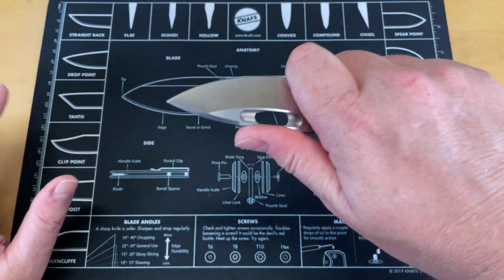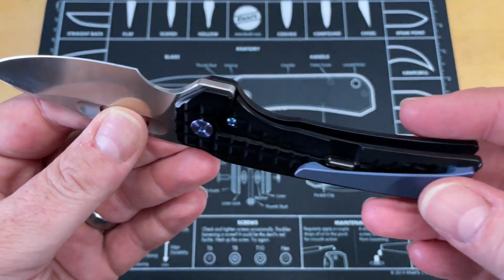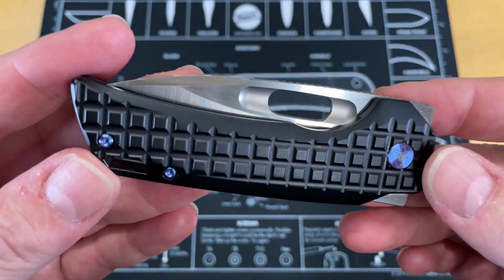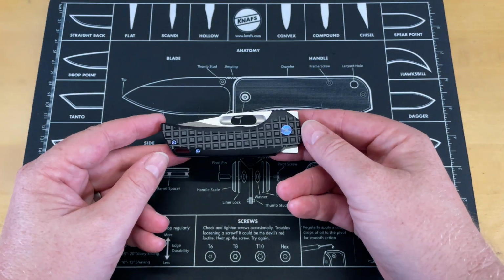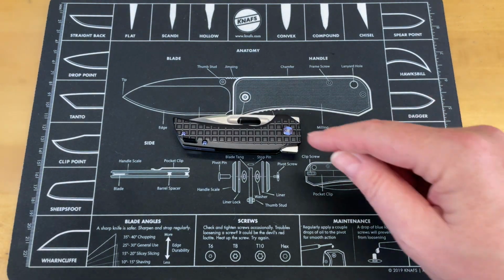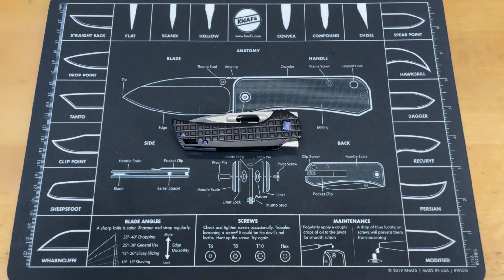So not that this is not a good knife. It's just not a knife I would purchase. I like the pocket clip. I love the way it was done. I like all the little bells and whistles, and it's incredibly well made. That being said, it's one of those knives that just doesn't fit my, oh, I hate to do it, I'm going to use a nerdy, fancy TLA, or three-letter acronym. It doesn't meet my POU, or point of use. So here you go, guys. That was number 2. So the next one's going to be...